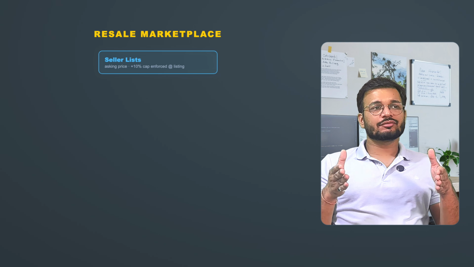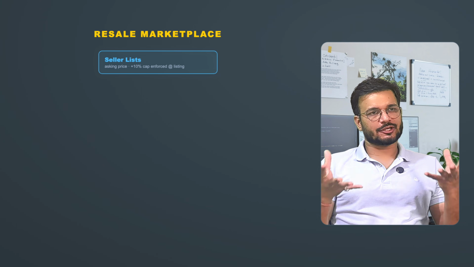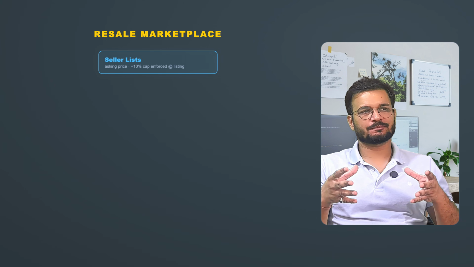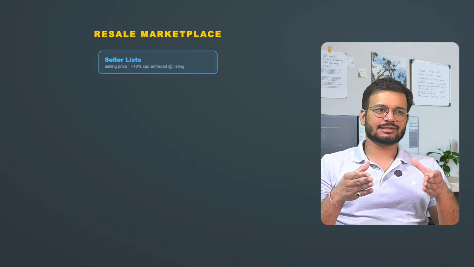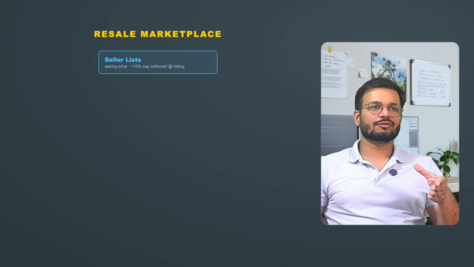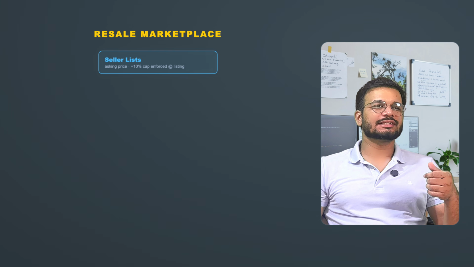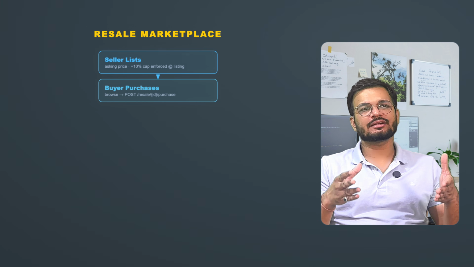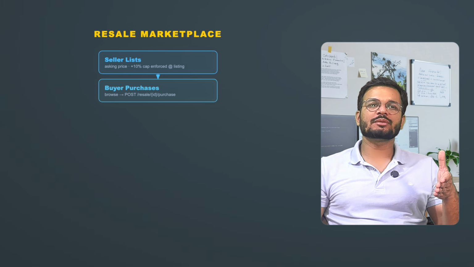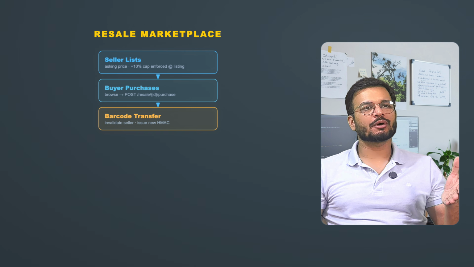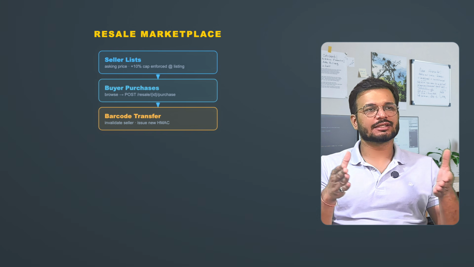Now, the next component we are going to discuss is the resale marketplace. The resale marketplace is essentially a second layer ticket exchange. Sellers list the ticket at an asking price, then buyers browse the listings and purchase it. We have key decisions over here. One is the anti-scalping measures. Some events are set with a fan-to-fan resale restriction. Tickets can only be resold at face value or up to a small premium of about 10%. These rules are stored per event and enforced at listing creation.